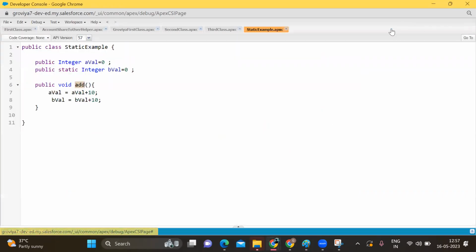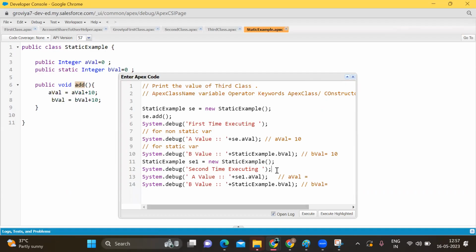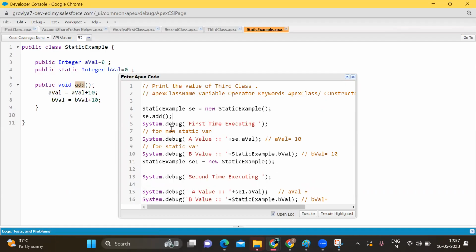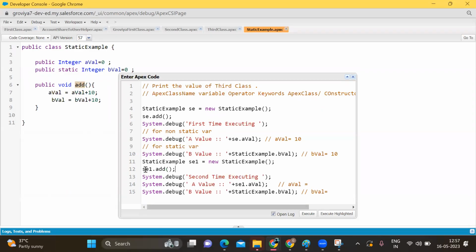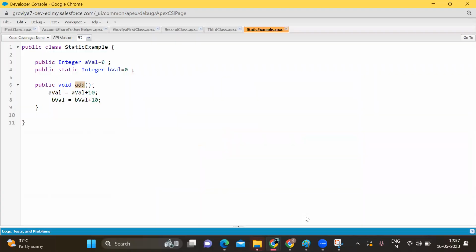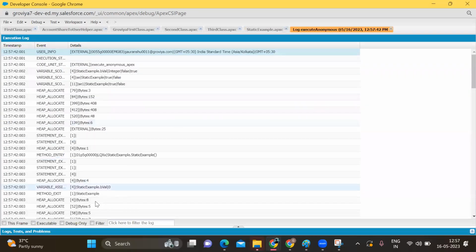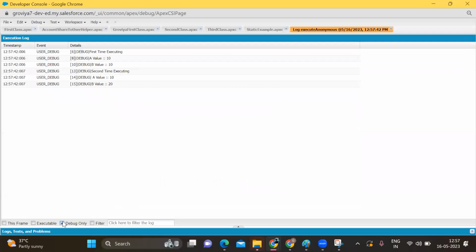ठीक है, अगर मैं ऐड मेथड कॉल कराता हूँ, if I'll call the add method here, sc1 dot add, what we are doing, we are adding it। स्टैटिक और नॉन स्टैटिक वैल्यू में 10-10 हम ऐड कर रहे हैं, तो क्या मिलेगा हमें? Now I get 10 and 20, नॉन स्टैटिक में पहले भी 10 था, अब भी 10 आ रहा है।